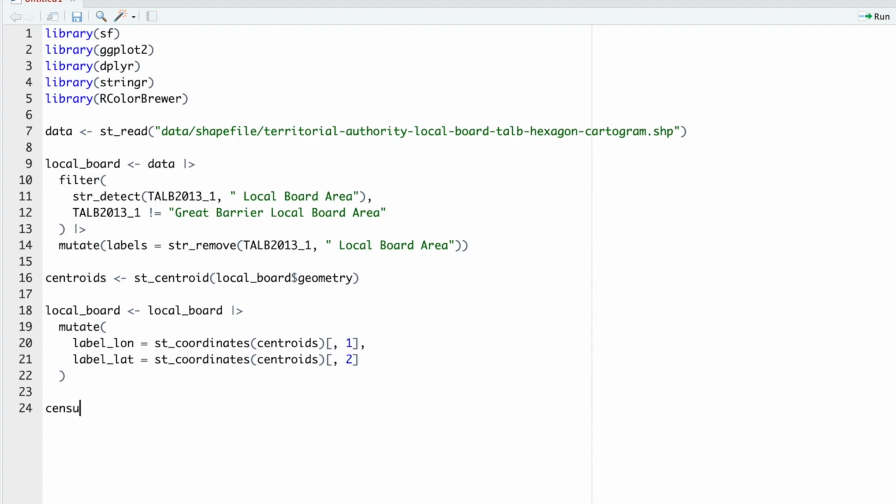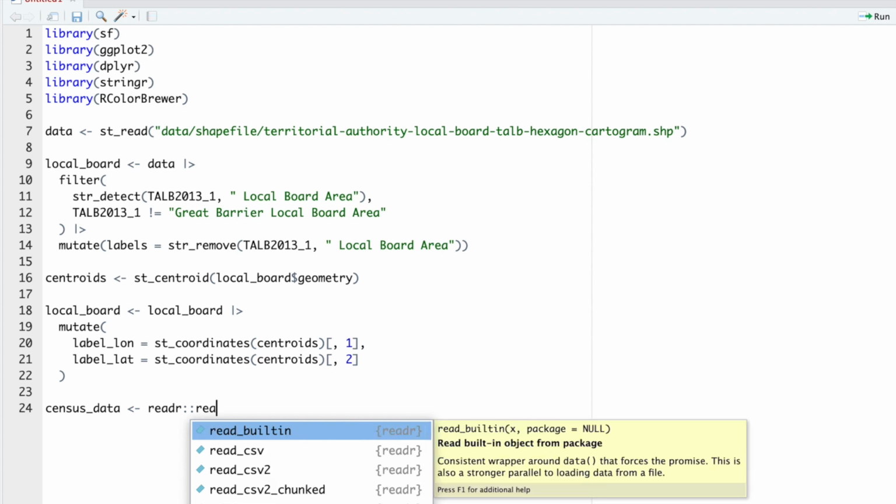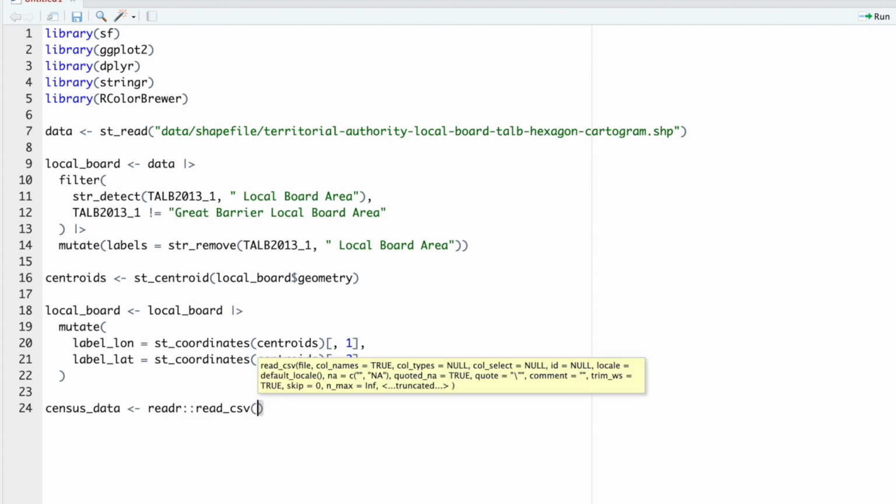I'm going to create an object called census_data, and here we're going to call the readr package. I'm assuming that you have readr installed as well as all of the other packages that we've called so far, and it's within readr that we have the read_csv function, and then we can point that to data